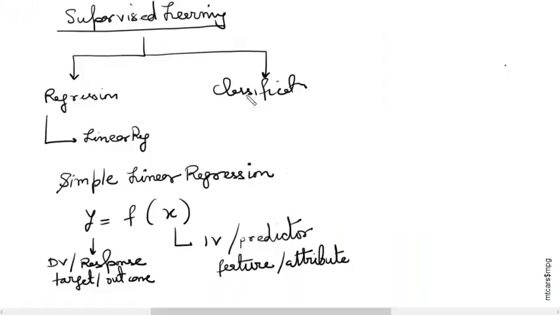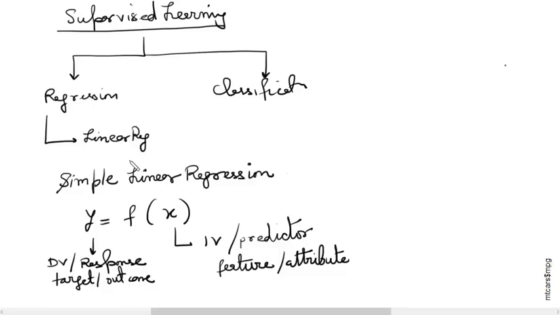In this video, we will talk about our first supervised learning and first regression algorithm, which is linear regression. Just to recollect, linear regression is a case of regression where the dependent variable is quantitative in nature, and linear regression is the first algorithm within regression that we'll be looking at.